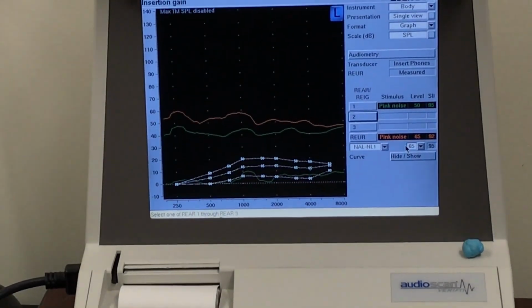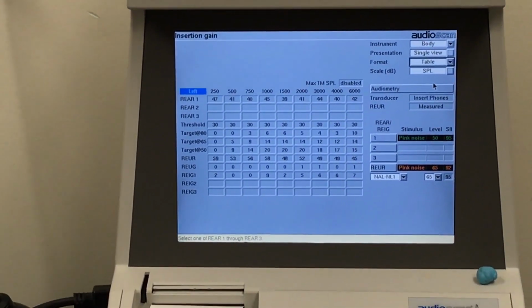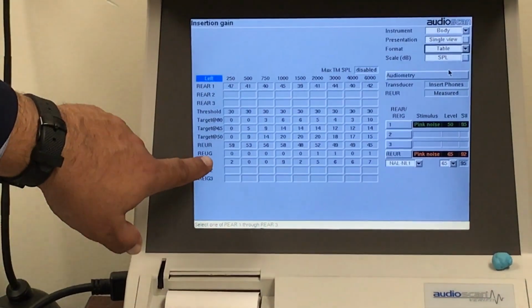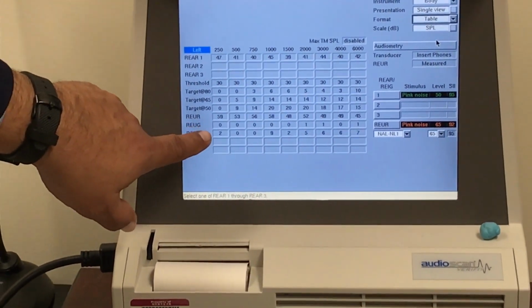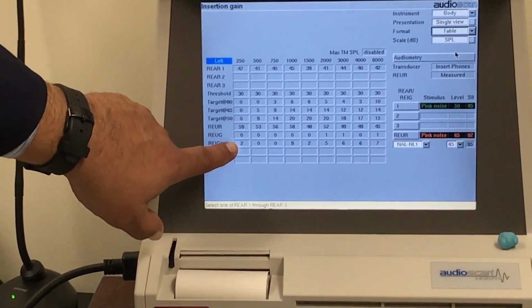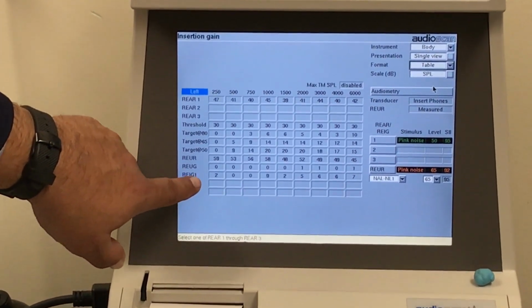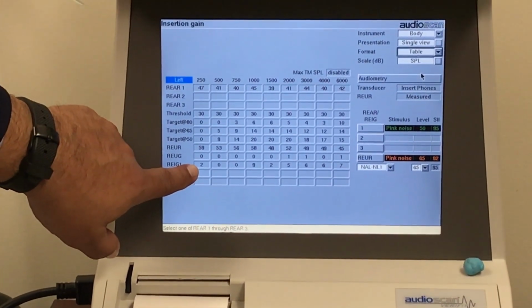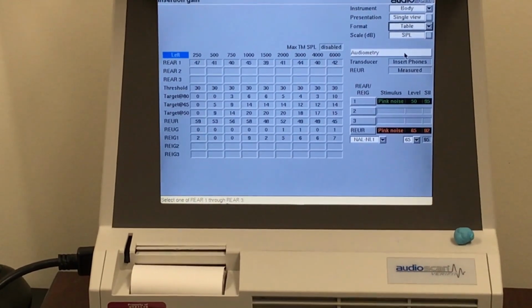If I go to the table, it'll tell me my REUG is here. My REIG is here. That's the amount of gain that I'm giving. That's different. Okay. I'm now going to go into,